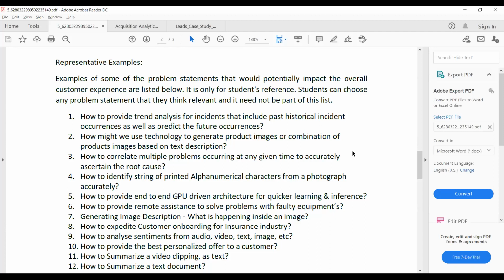Suppose I am writing just computer or tablet, or maybe table. Then you have to generate some combination of images. Or maybe table and chair, a combination of that. So that kind of technology you have to generate, or that kind of application you have to come up with. Okay,